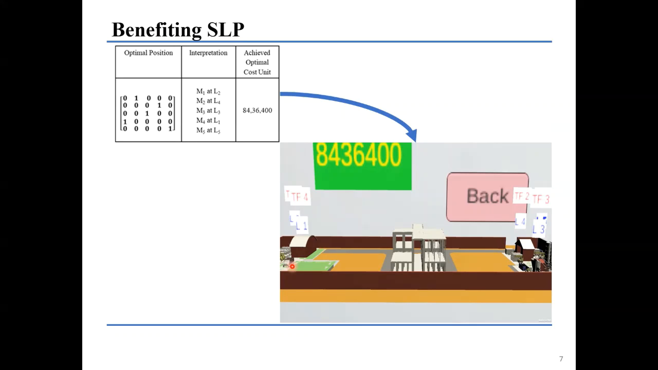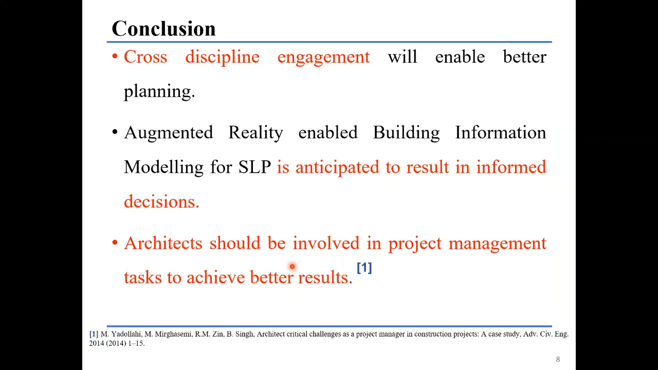So with this, we propose that if architects are involved in this process of site layout planning at the initial phase of the project, then they can generate well-informed design documents, utilizing which such great informed decisions can be made. And hence, to conclude, we propose that cross-discipline engagement should be there and should be enhanced in our construction industry. And as we have seen, an augmented reality based information model is quite